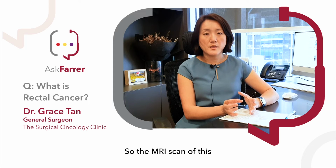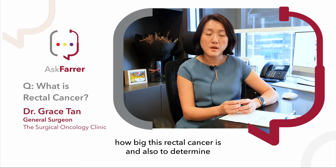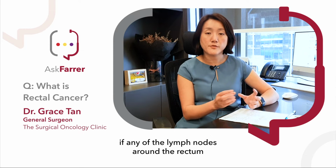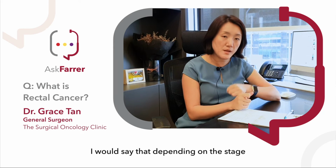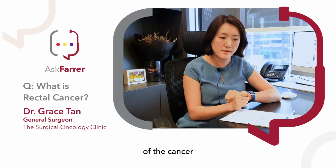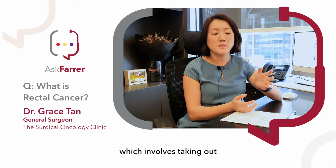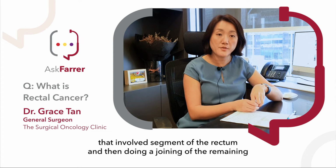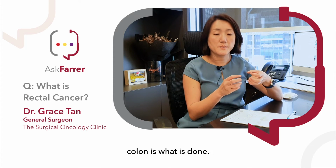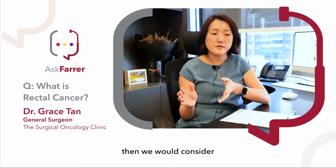So the MRI scan of the rectum allows us to see how big this rectal cancer is, and also to determine if any of the lymph nodes around the rectum, and also if any of the organs around the rectum are affected. I would say that depending on the stage of the cancer, if it's early stage, then surgery first, which involves taking out the involved segment of the rectum and then joining the remaining colon, is what is done. And then if the patient is advanced stage, then we would